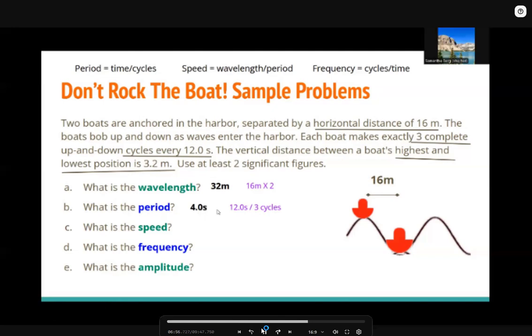Our next question that we're going to answer is what is speed? Now, again, in this case, you could do wavelength times frequency. That would absolutely work, but we have not calculated our frequency yet. So you can either wait until after you calculate frequency, or you can use this equation where it says wavelength divided by period. It means the same thing. And if we decide to go with wavelength divided by period, I do have those two numbers. I've got 32 meters for my wavelength and 4 seconds for the period. So what I'm going to do is take my wavelength, 32 meters, and divide it by 4 seconds. And if I plug that in my calculator, I get